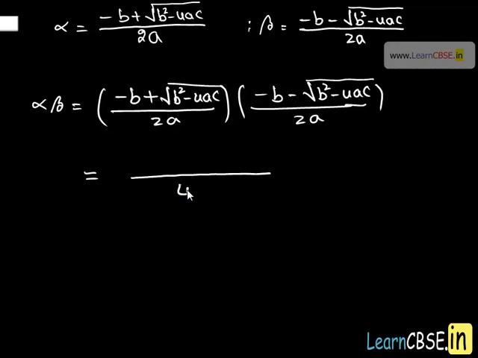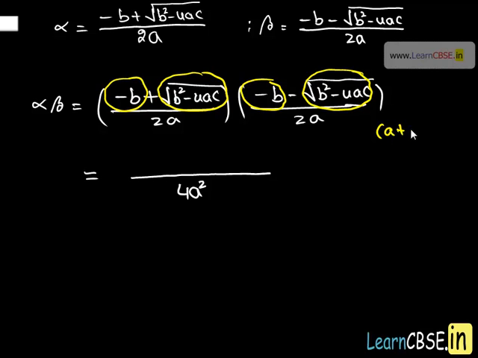Therefore, in the denominator we have 2a times 2a, which is 4a². The numerator is in the form (a + b)(a - b), which is equal to